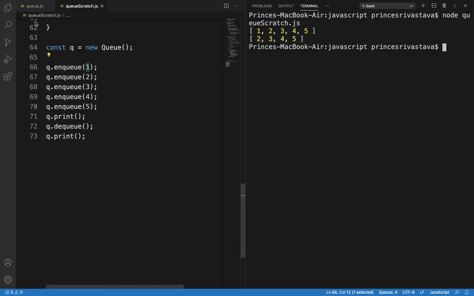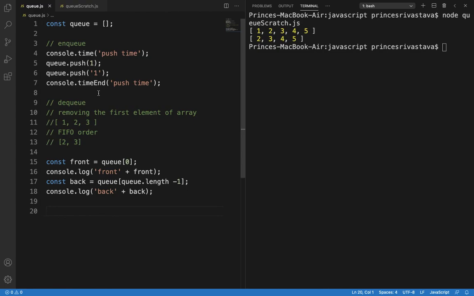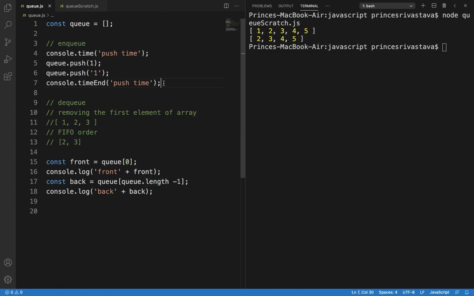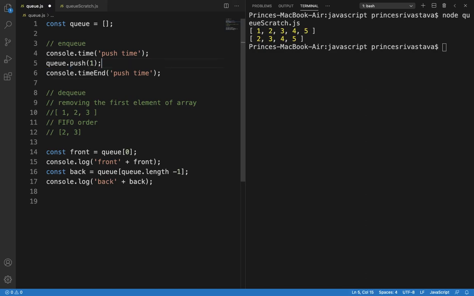Now let's see some time complexities here, how much time each method is taking. Let's consider push. I will run queue.js first, and then we will see the push time, or the enqueue time.